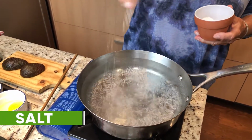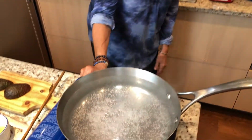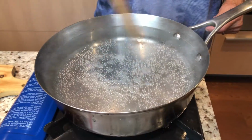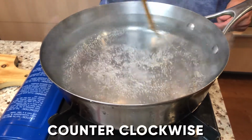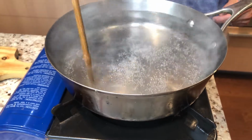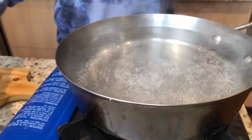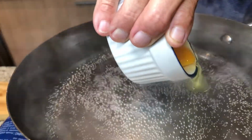It works for me. I used to have a restaurant in a ski resort where we served hundreds and hundreds of poached eggs a day, so I think we're working on it on how to do it the right way. I'm going to see the water starting to boil, so I'm going to put this down low. And the other thing that I'm going to do is move the water counterclockwise before I put the eggs in. So you just go around like this, get a little action going here, and then just gently drop in the eggs where it's slightly